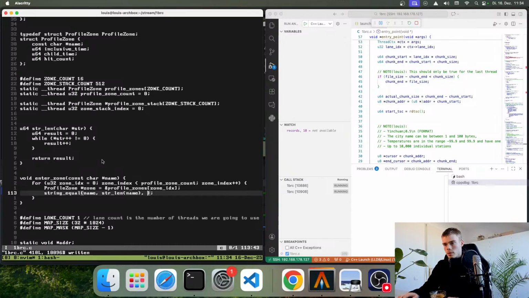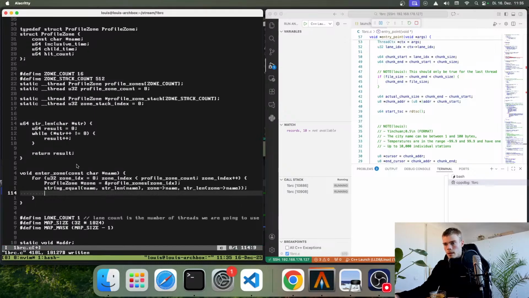So if zone name strlen zone name, it's pretty sloppy. So if they are equal,